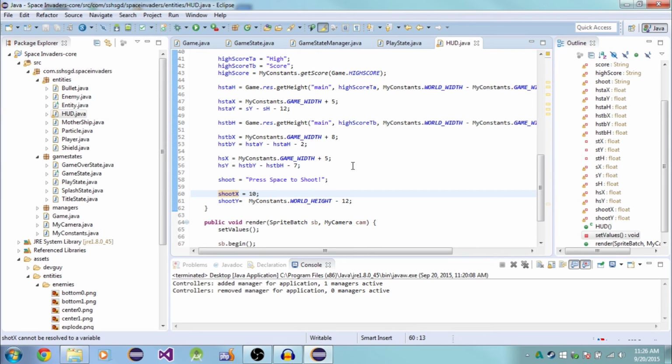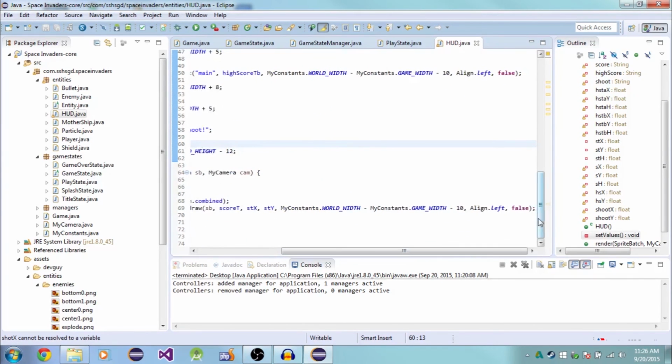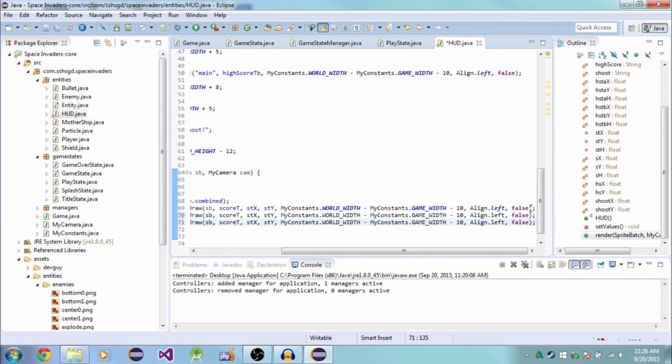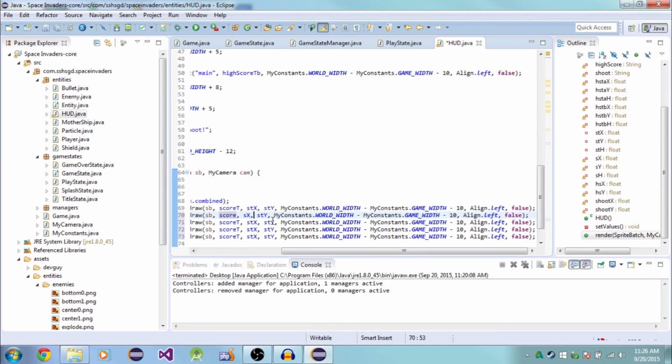So for most of these, we're going to go ahead and just copy this line. So go ahead and copy this line, 1, 2, 3, 4, 5. That should be good. So we're going to do score here and get rid of these T's. We're going to do high score TA, HSTA, and we're going to copy this, change that to a B, change that to a B, change that to a B,